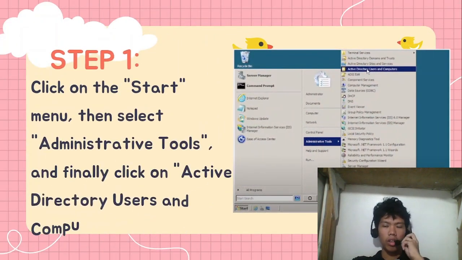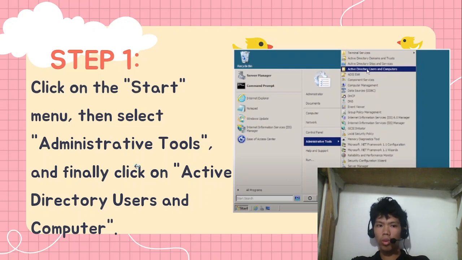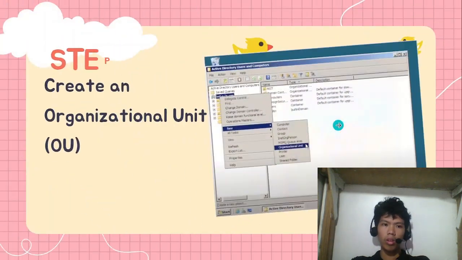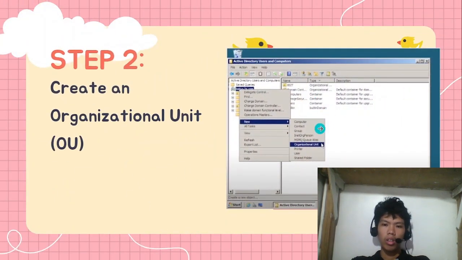So the first step that you're going to do is, first you need to click on the start menu, then select administrative tools, then finally click on Active Directory users and computers. Next, create an organizational unit.